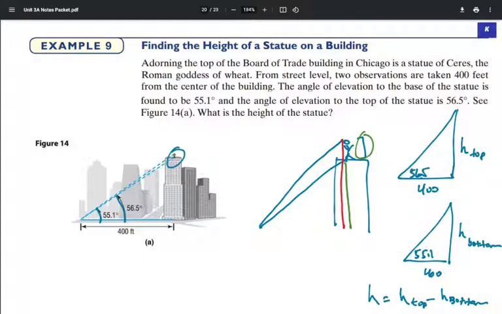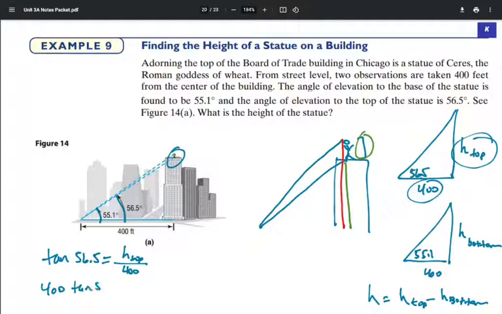Well, in these pictures, you've got the opposite and the adjacent, so we're going to use tangent. So tangent of 56.5 equals the opposite over the hypotenuse. Or I'm sorry, the opposite over adjacent. I'm sorry, I was saying that wrong. It's opposite over adjacent. So solving this, we're going to do 400 times the tangent of 56.5 equals the height to the top. And I get